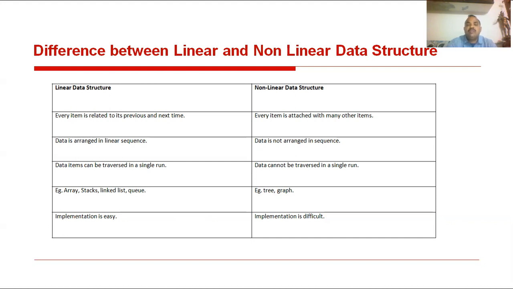What are the advantages of data structures? Using data structures, it allows information storage on secondary storage devices. We know primary storage and secondary storage. Which is the primary storage? That is called RAM, random access memory. Which is the secondary storage? Hard disk, floppy, CD, DVD, pen drive, etc. These are all secondary storage devices. While using data structures, it allows information storage on hard disk.